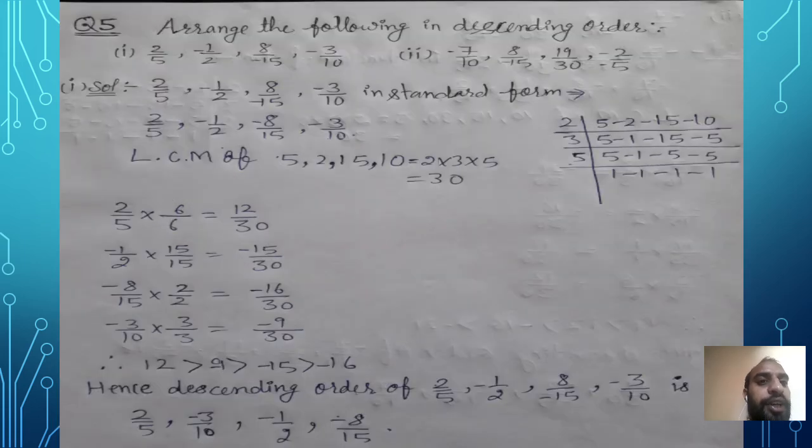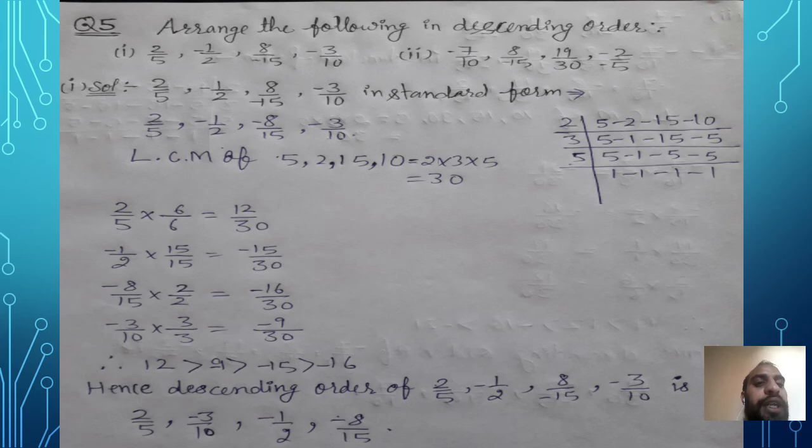Now let's take descending order. Here we need to do the reverse. In a similar way, first we need to write the standard form. If there is a minus sign in the denominator, try to remove that and keep it in the numerator. You can see I did the changes. One change is required in the first part, that is 2 upon 5, minus 1 upon 2, 8 upon minus 15 and 3 upon 10. How to remove this minus sign? I shared this with you in previous classes. You can multiply 8 upon minus 15 by minus 1, so it becomes minus 8 upon 15.